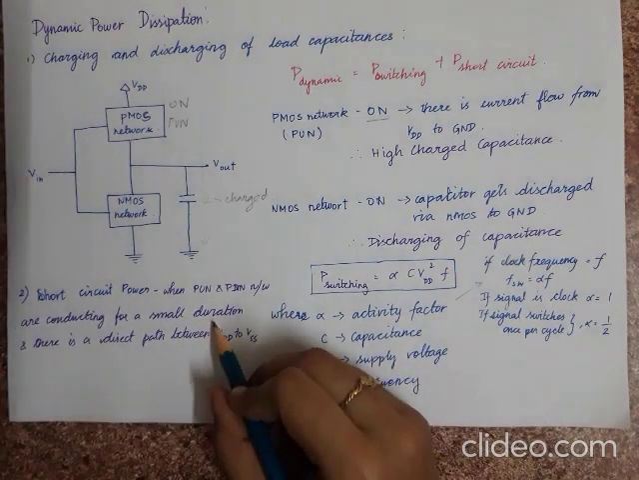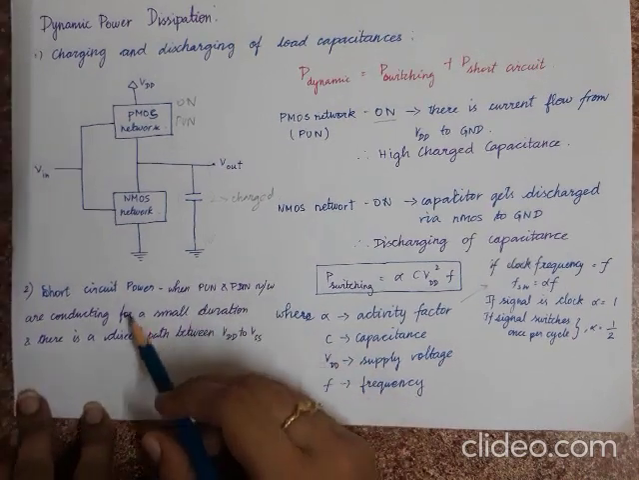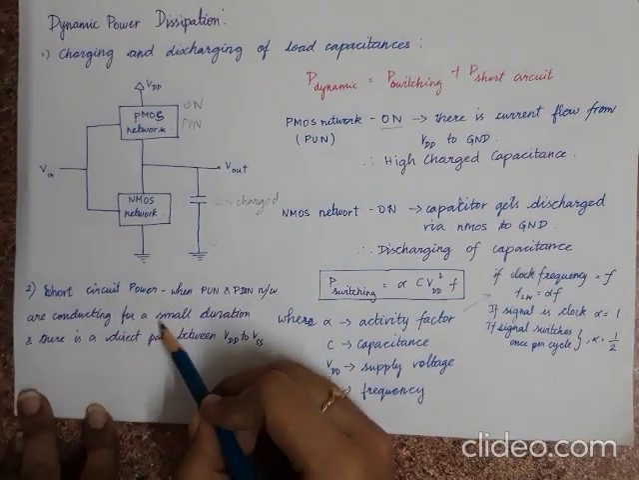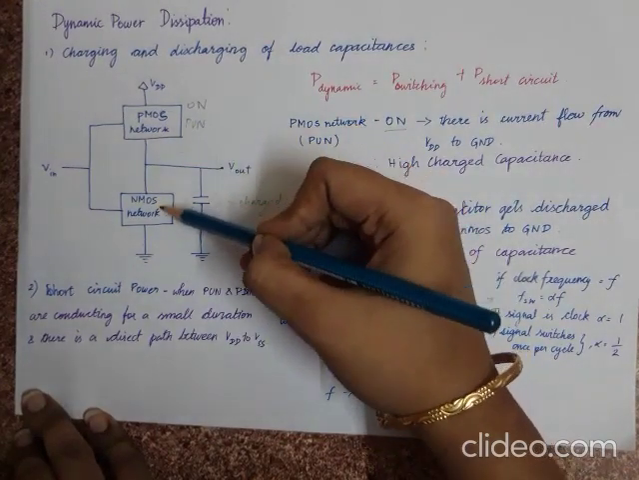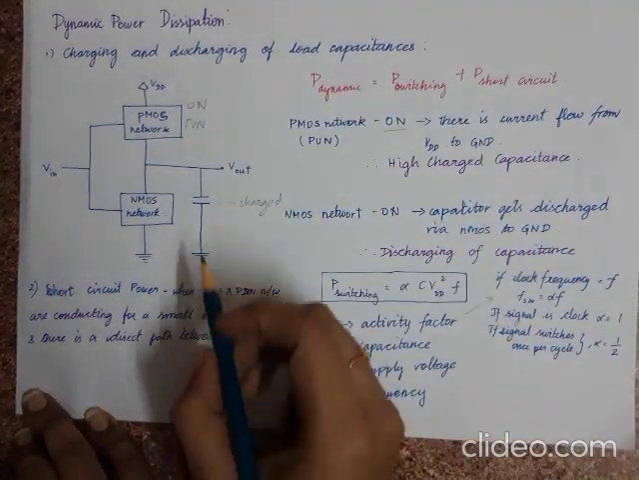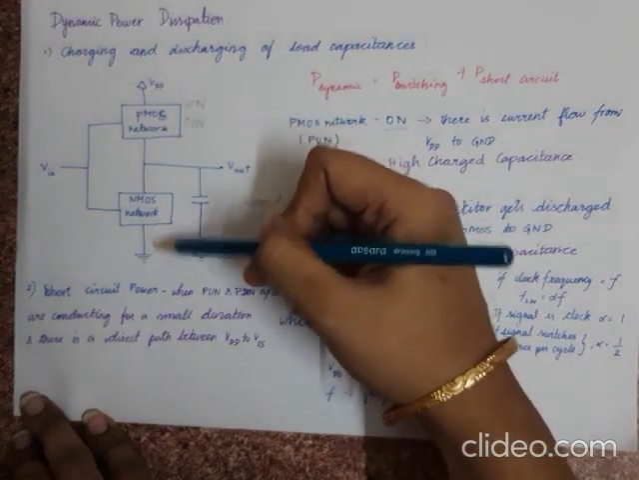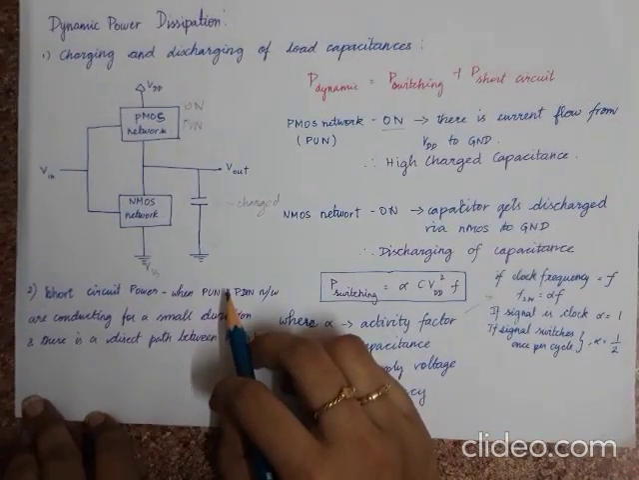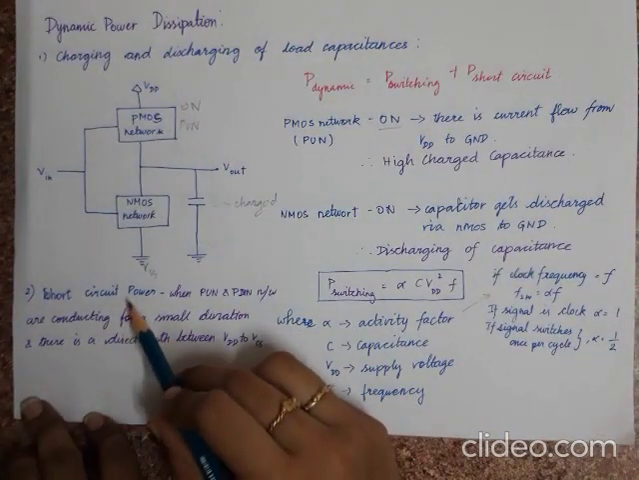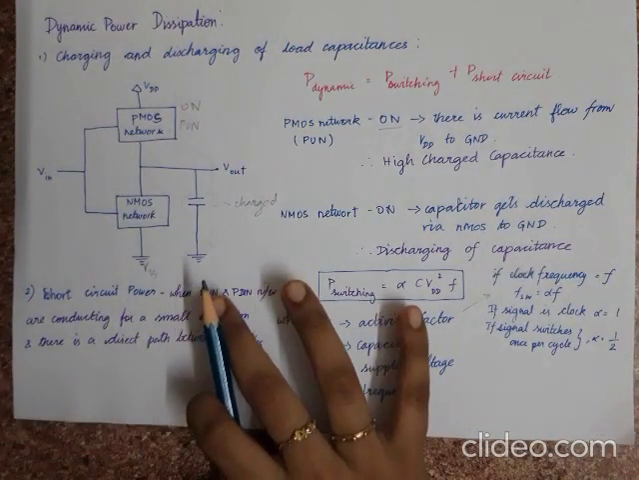And another reason for dynamic power dissipation is short circuit power. So this is nothing but when both the pull-up and pull-down networks are on, we have a direct path from VDD to VSS. So there is a short circuit of the